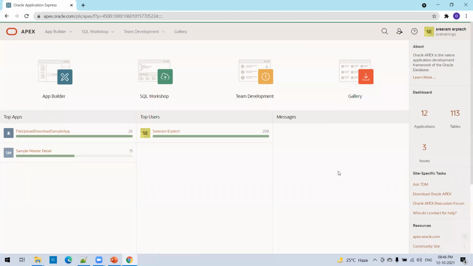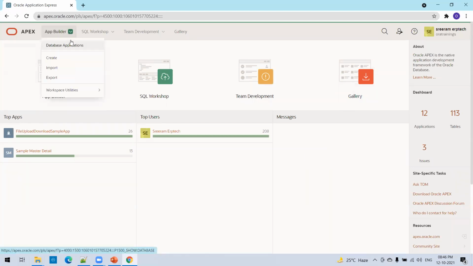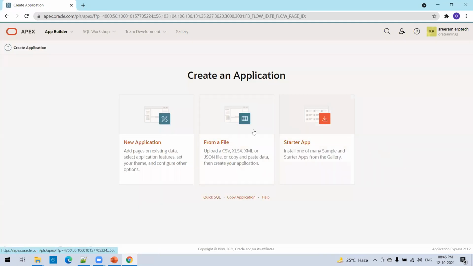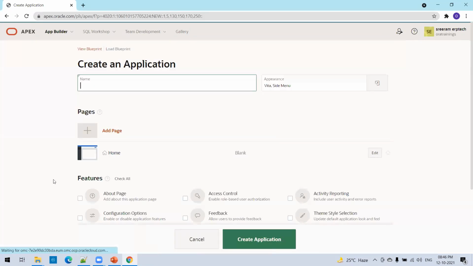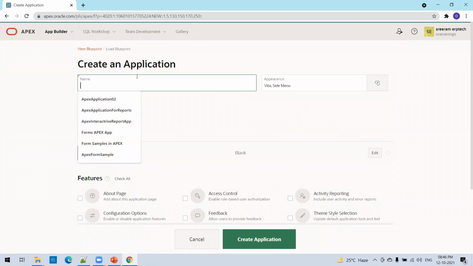Quickly, I'll create a new application, a master detail app.